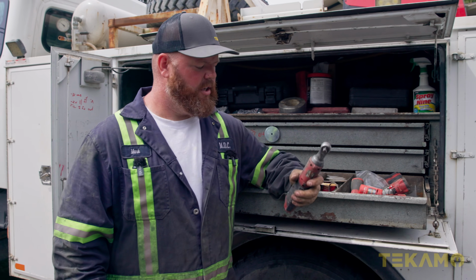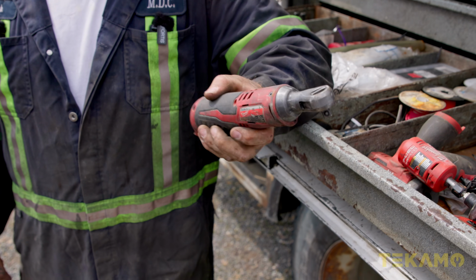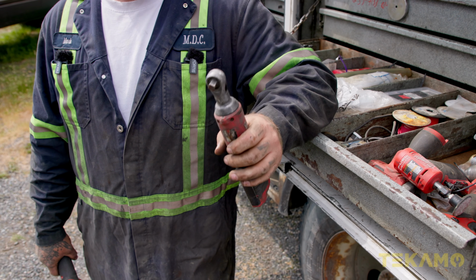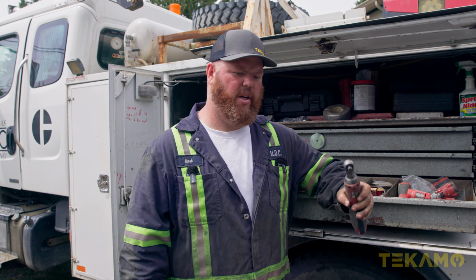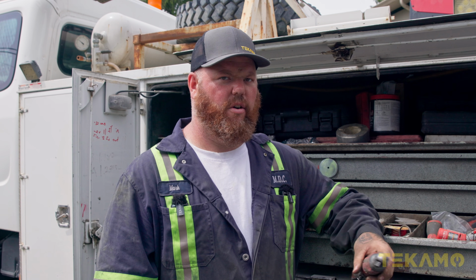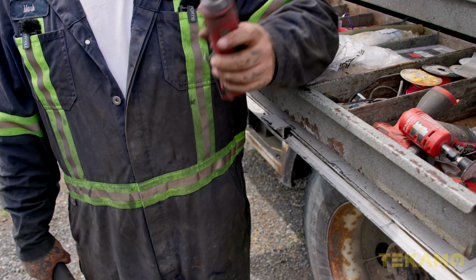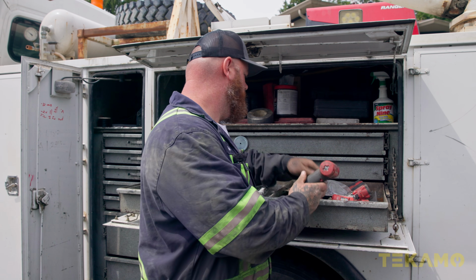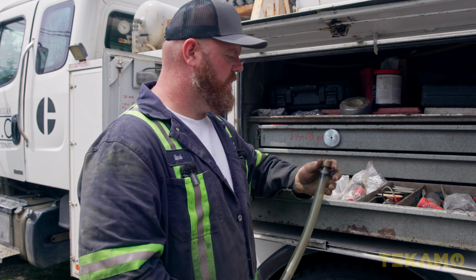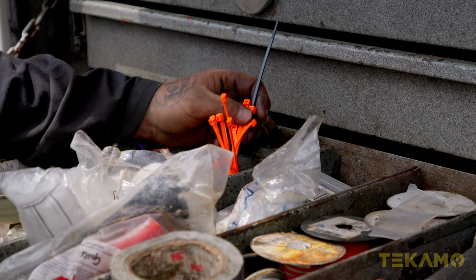The ratchet, you can actually use it as a ratchet. You can put some power into it. I've done that and I've kind of messed up where the battery goes, so the battery gets loose in it. But if you're going up to pull a valve cover, or in mining, when you had a bunch of exhaust bellows to change out, this worked great for undoing all the clamps that held those exhaust bellows in. It's actually a pretty useful little tool. I like having it around. It's earned its keep. Starter button for Snap-on, Enviro drain,